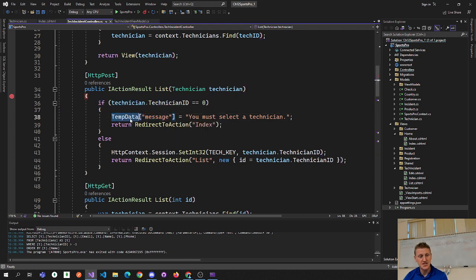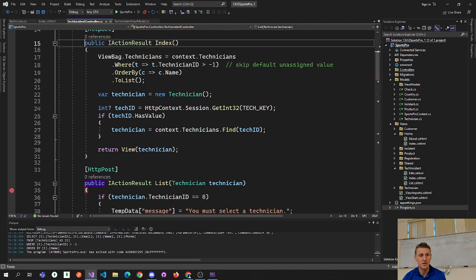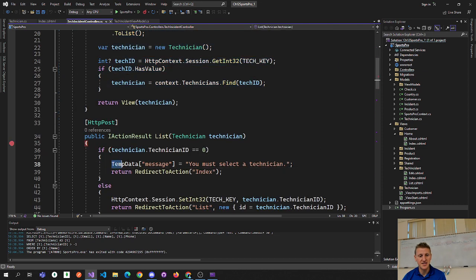Here I load up a temp data key of message that says you must select a technician and redirect to the index, which is right here. But once you set the temp data on message, you now have a message property of temp data. So of course that should be, and I see your hand, Vinny, but let me show you where that pops up in our